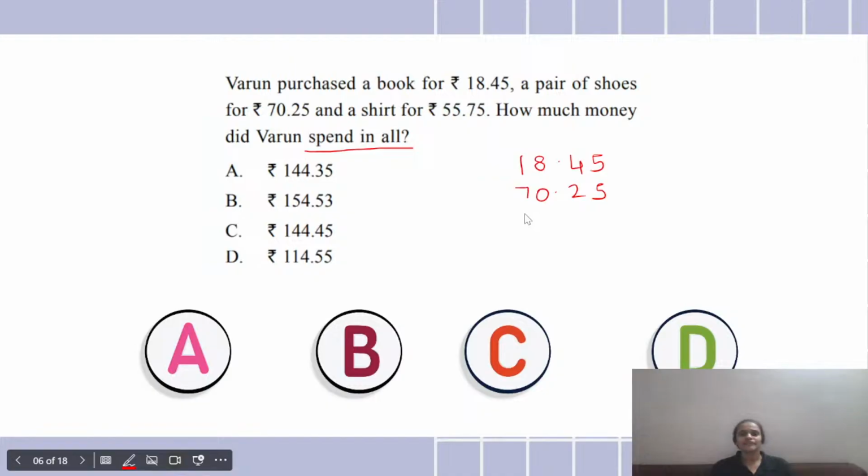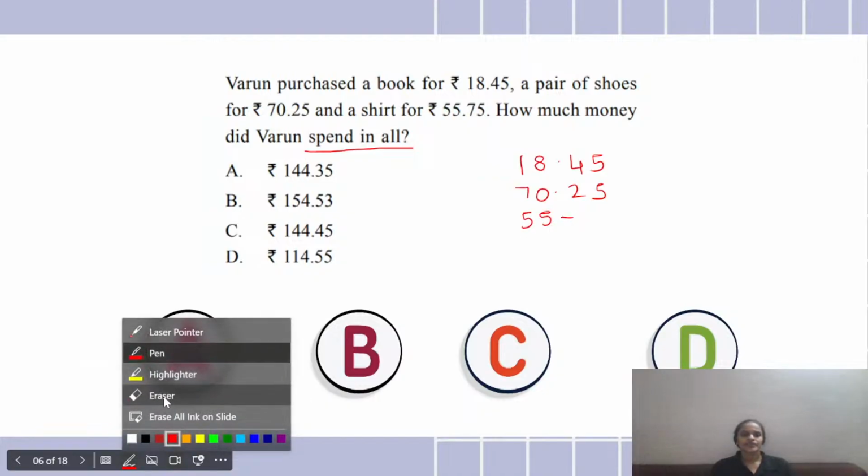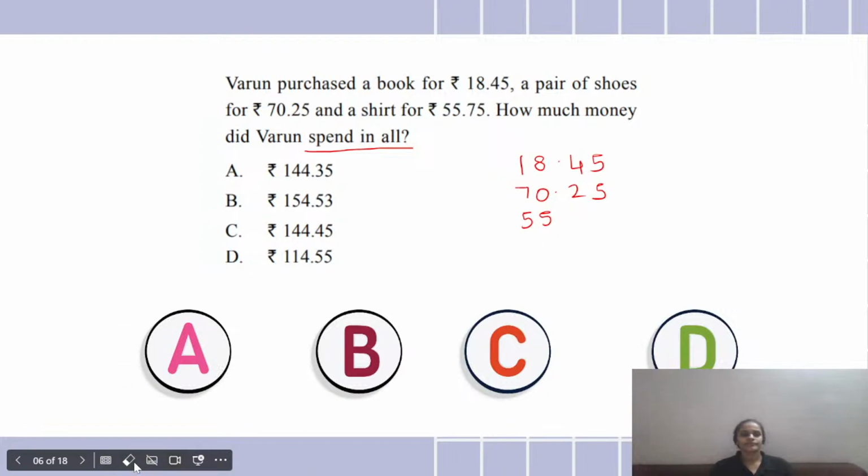So I just have to do the operation of addition over here. And the final answer is, so it was simple addition that we had to do, and the correct option is option C, which is